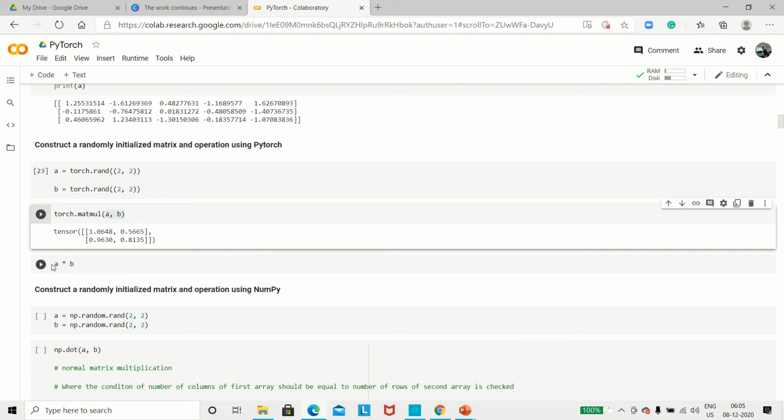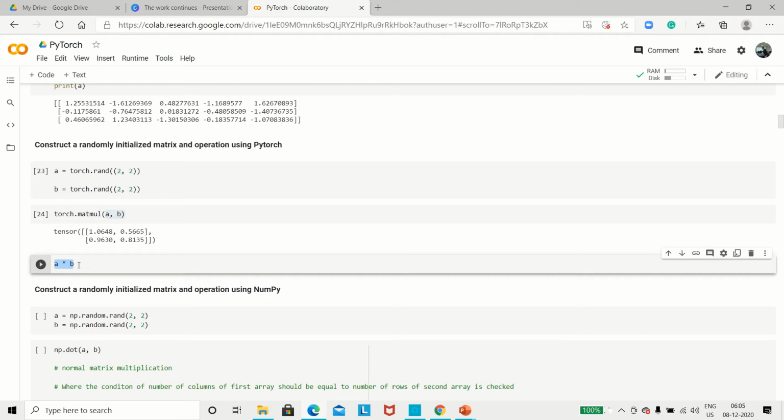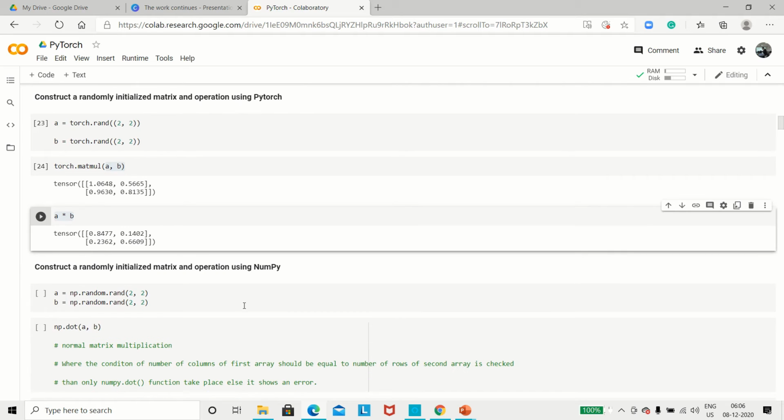Then similarly you can simply do it this way also. You can simply write A into B. Now you can see the answer is not the same because it might have picked different random values in the background. So either you can use torch.matmul or you can use A into B. So this is how you can randomly initialize the matrix and do any type of operation, like we have done the multiply operation here.